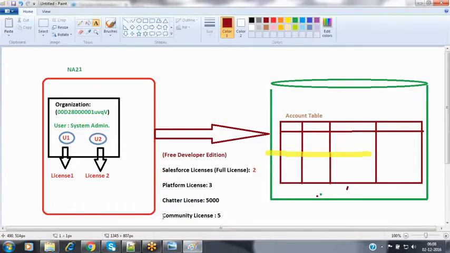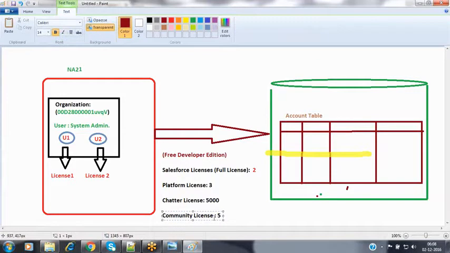After that, we can configure communities in Salesforce, where there might be many partners available. Those partners we can make into a community, and you will have your customers. We can put all the customers on the same platform so that they can communicate with each other, share information, and share knowledge. So in order to place all our partners and customers on a single platform, we can create our communities as well.